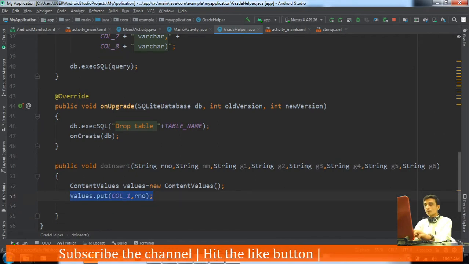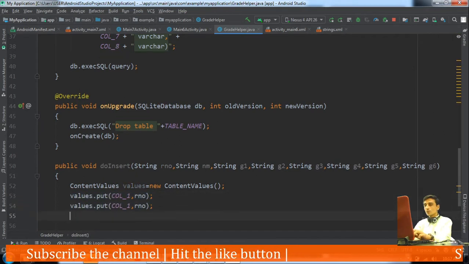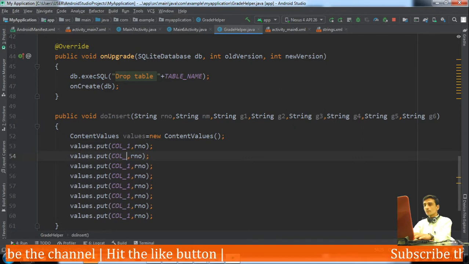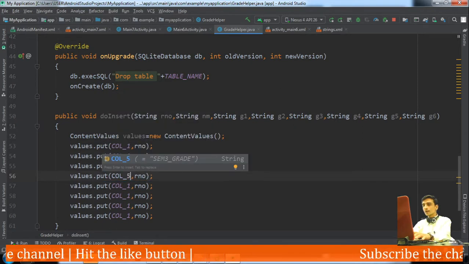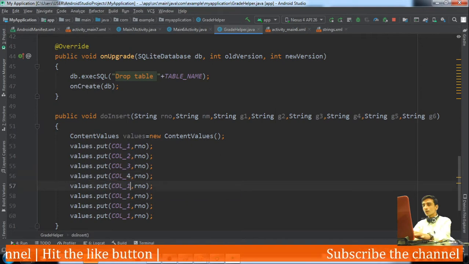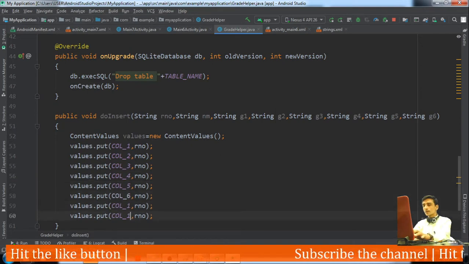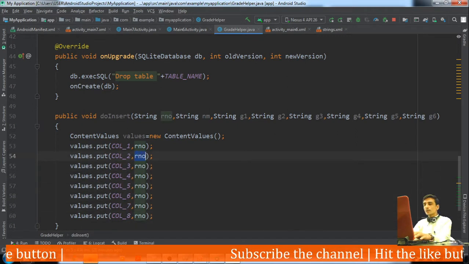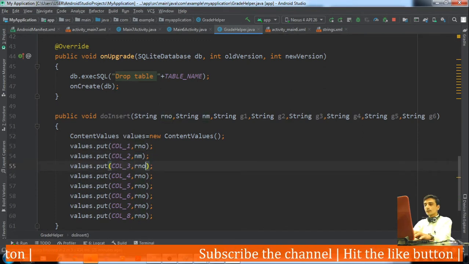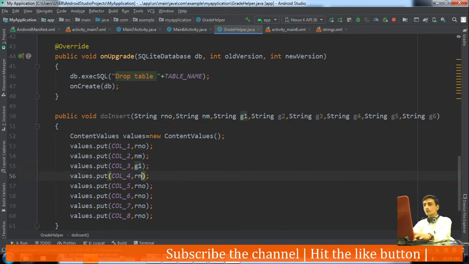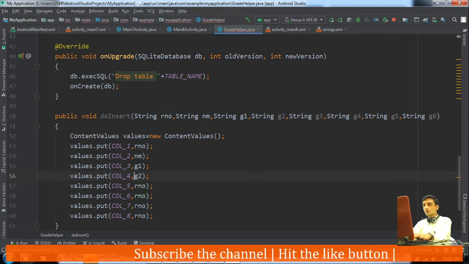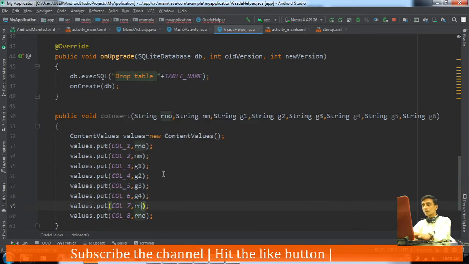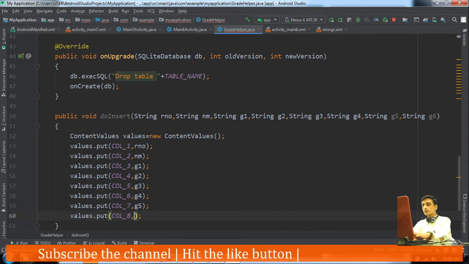Similarly for column 2, 3, 4, 5, 6, 7 and 8. Name of the parameters: name, then G1, G2, then G3, then G4, then G5, then G6.